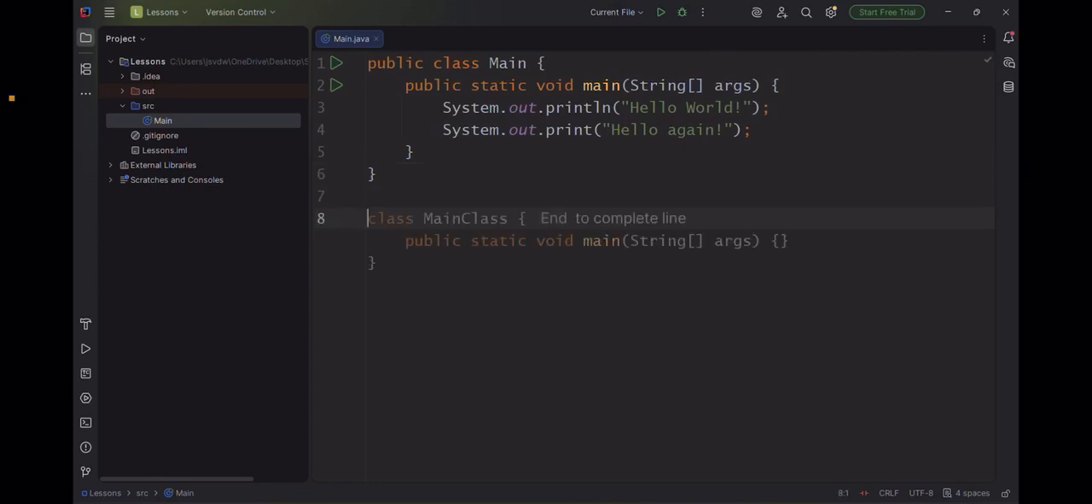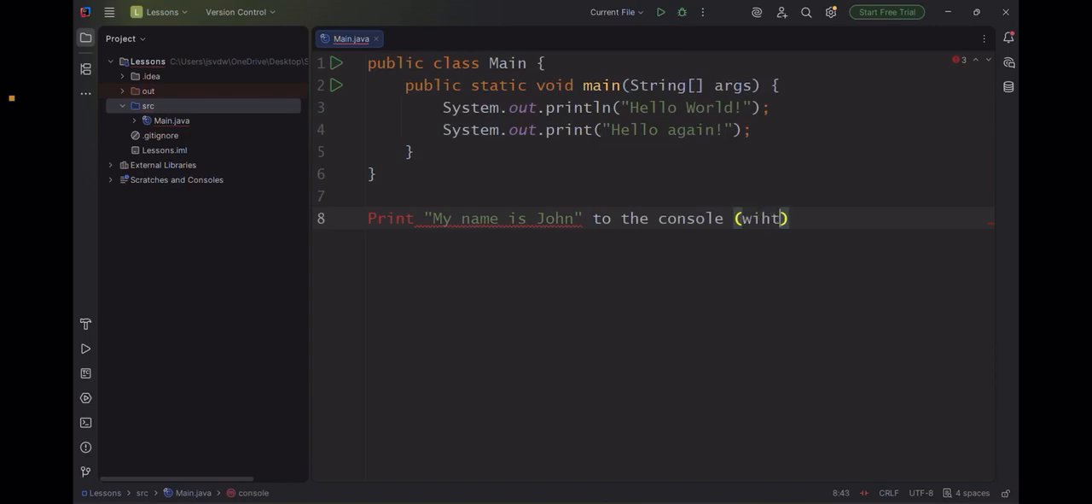Except if you want to do some actual homework, which is right here. So first of all, I want you to print "My name is John". And that's all. Print that to the console without the quotes, of course. Whatever, just print "My name is John", and you can go on, but print